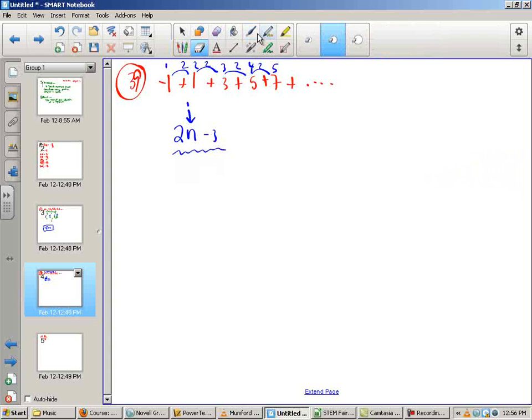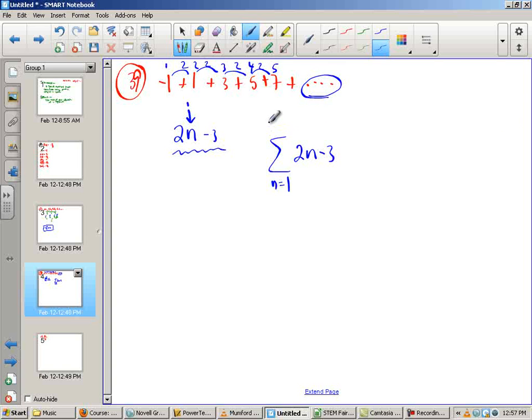Now all I have left to do is to put it into summation notation. That's kind of fun to say. We use the sigma for summation of 2n minus 3. But I have to be able to tell people what you put in first for n, and how far do you go before you're done? My first value, negative 1, comes when this equation uses a positive 1 for n. So I'm going to say that n equals positive 1, and I want to climb this ladder all the way up until